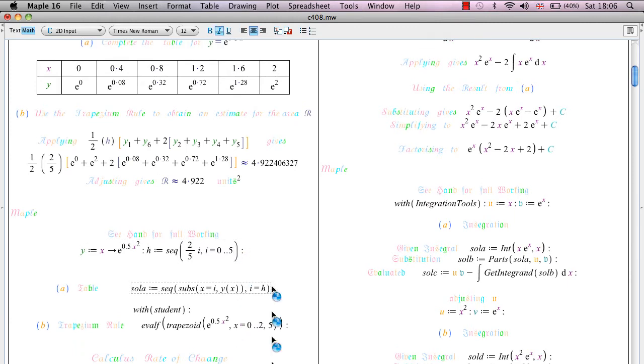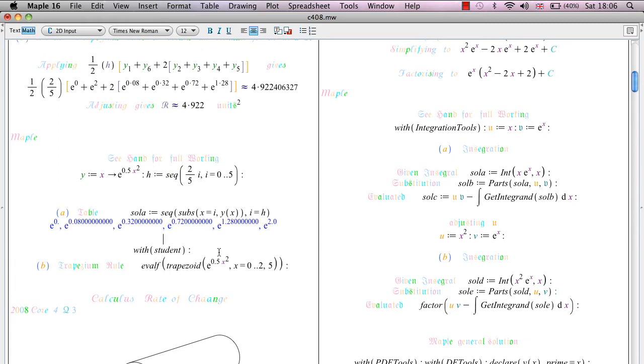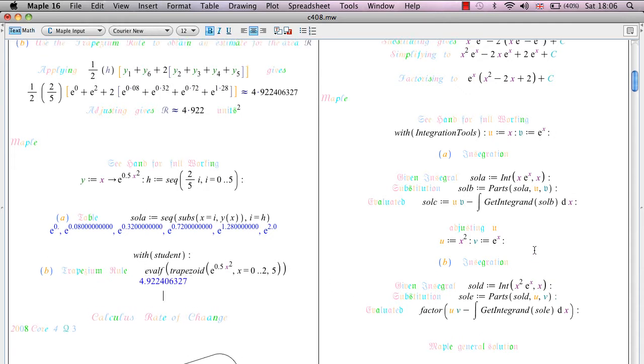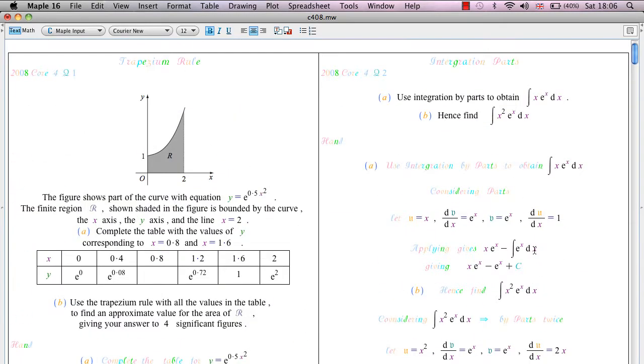So the values for the table and the trapezium rule. Question 2, integration by parts